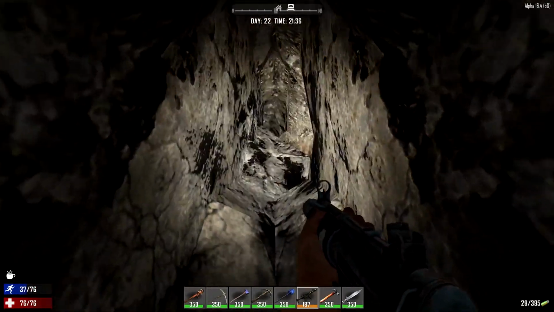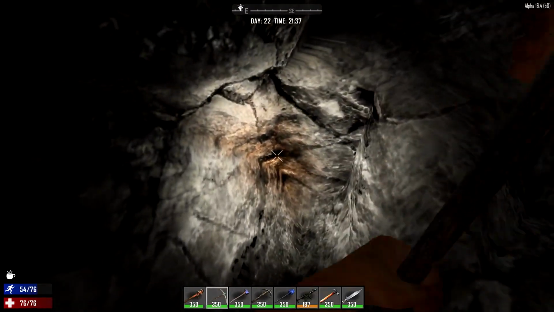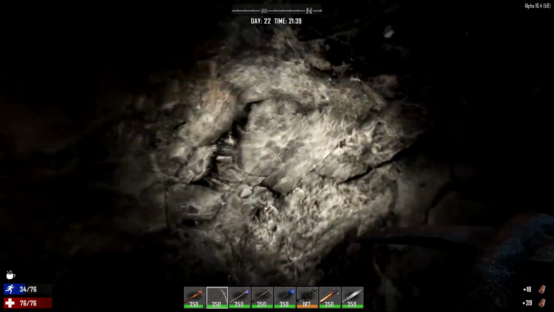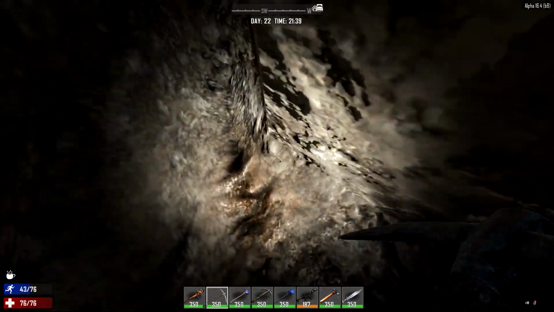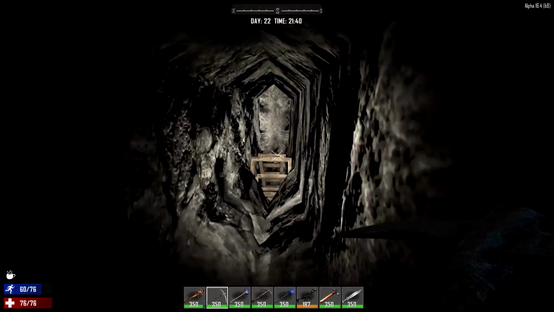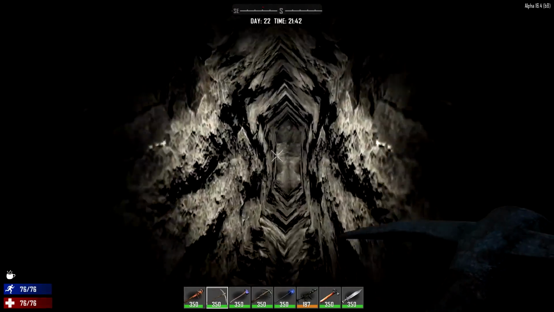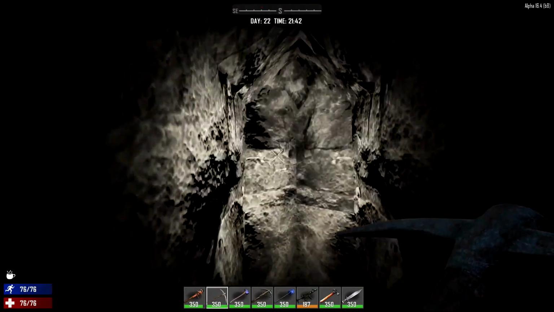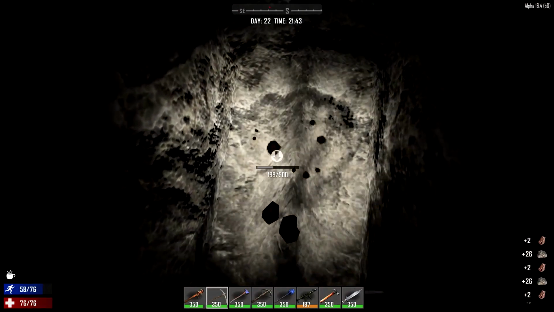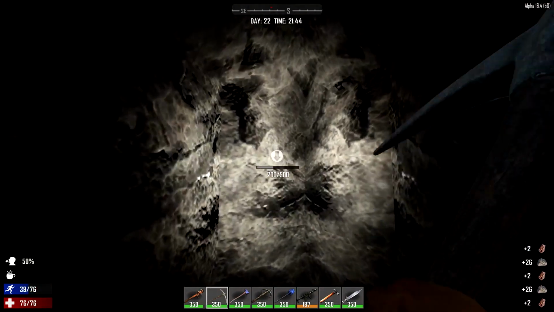Okay, so I need to look for weird patches. See, like that right there is iron. Okay. And that would be iron. And yeah, see down here I just ran into nothing. Well, it might be down too low. I don't really know how the system works anymore, so